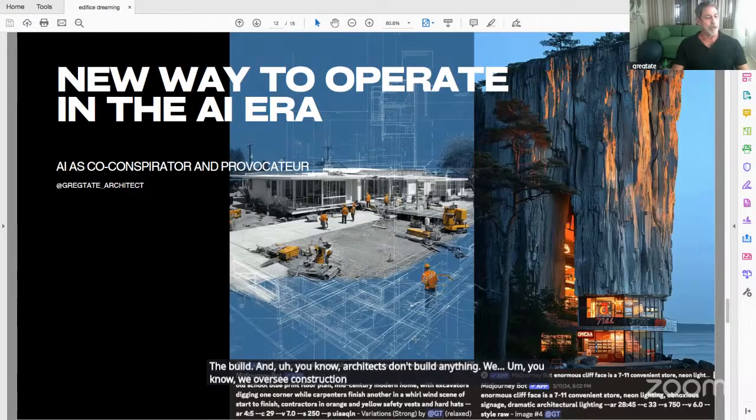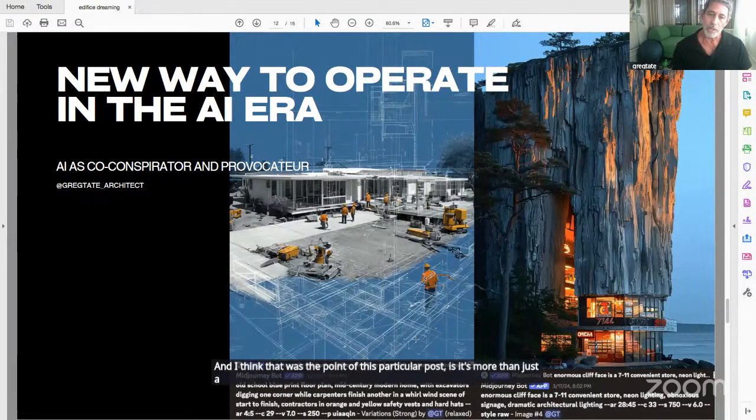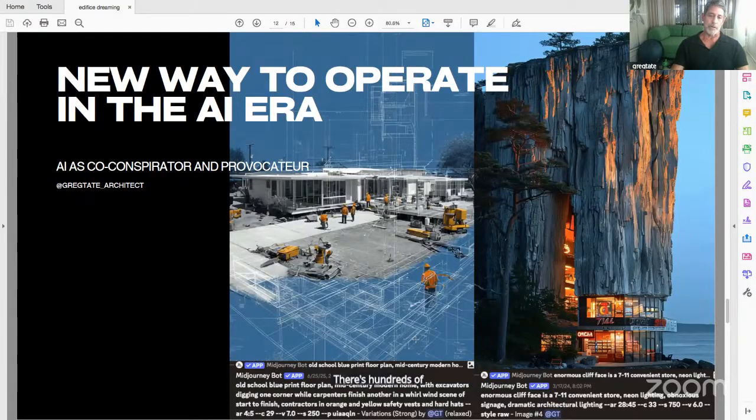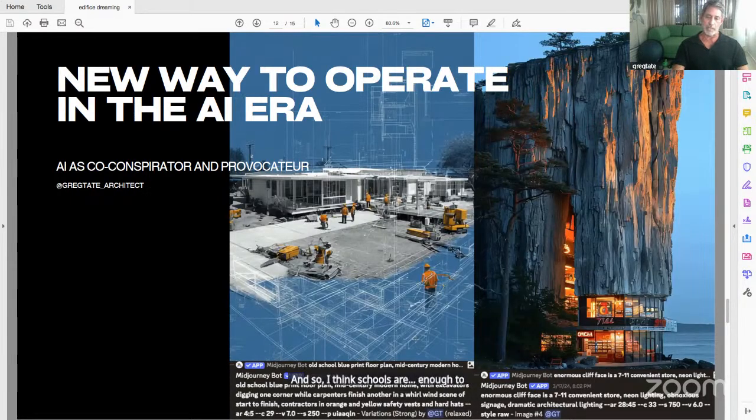We don't actually build anything. It'd be helpful if we knew how to build. And I think that was the point of this particular post, that it's more than just a pretty picture. There's hundreds of people involved. There's dozens of contractors looking at your work. And so I think schools are enough to teach design. The student should go out on their own and search that out, talk to contractors, knock on trailer doors.